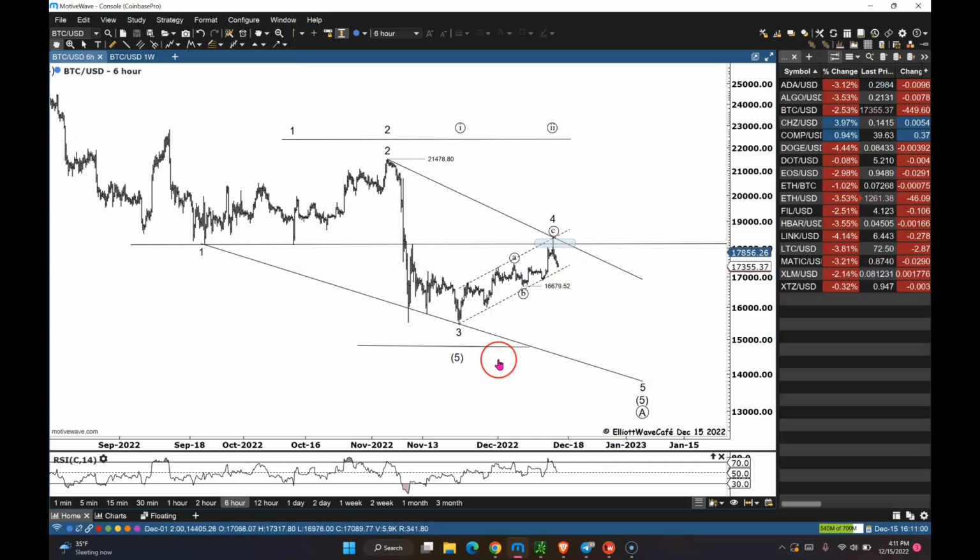But if you caught it, you cannot have a 1, 2, 3, 4, 5 in an ending diagonal. You're supposed to have a zigzag, so it's got to be an ABC: a wave A down, up in B, and then down in C. So this will be a 5-wave decline, followed by a B wave, and then eventually below 14 to 13K when you finish this off. We'll see if that pans out. We're still nicely contained within this channel. A break below it and a break below 16,679 will start to increase the odds of this count working, and will probably unleash more selling from the Bitcoin community, at least on a technical basis. I think that's what's going to trigger it.